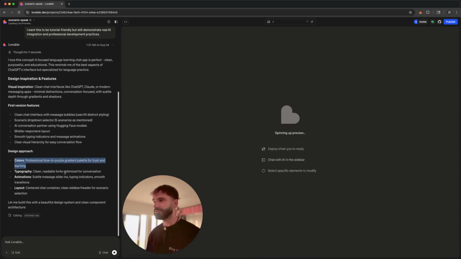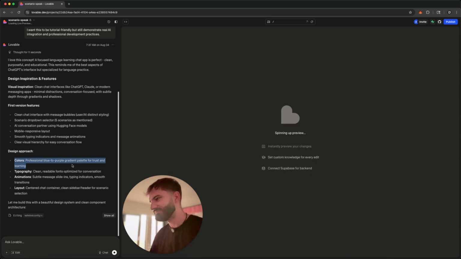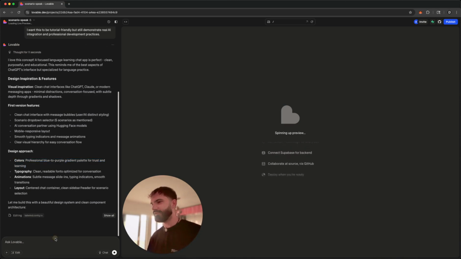Colors, professional, blue to purple gradient palette for trust. I actually don't like gradients, and the blue to purple gradient, I don't feel like it. I would prefer a more minimal, clean, maybe even monochromatic style, just to keep it very straight and simple, I would say. So I'm gonna click on chat, and I would say, although I love the overall idea and suggestions,